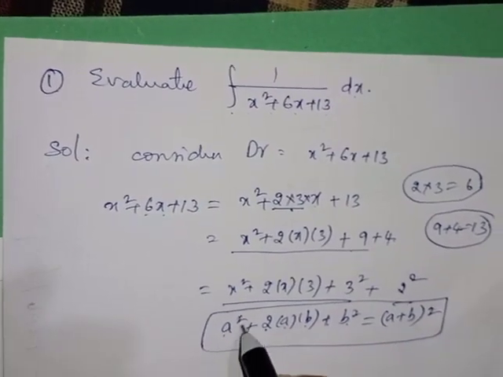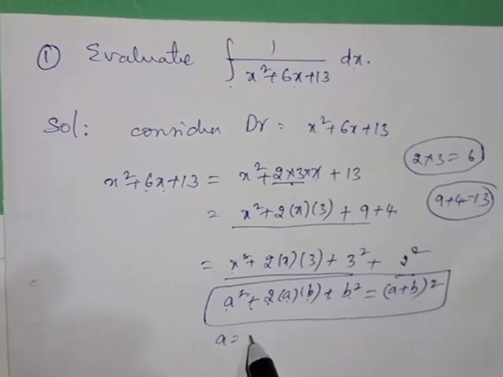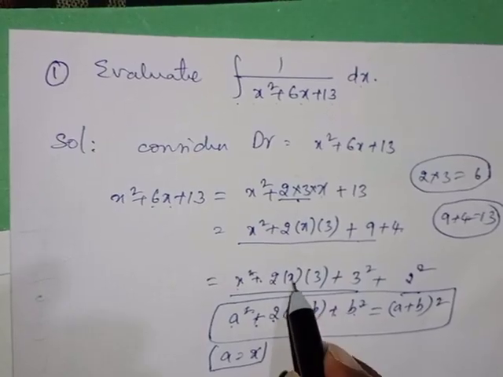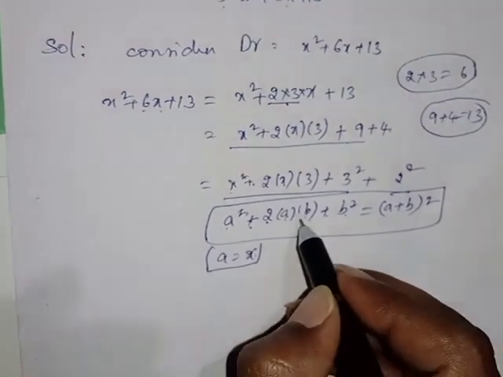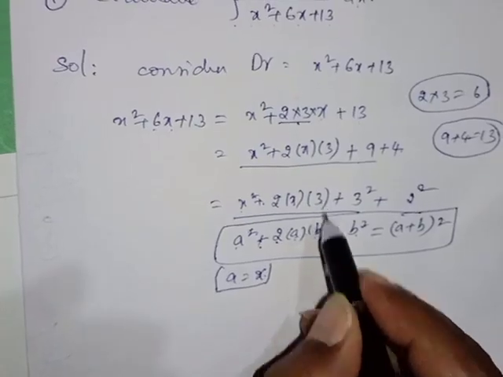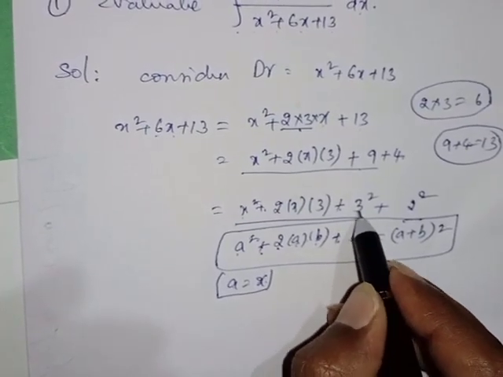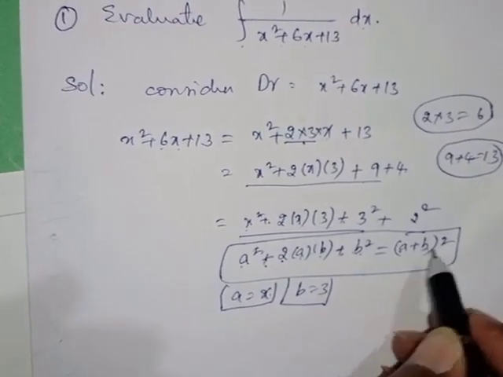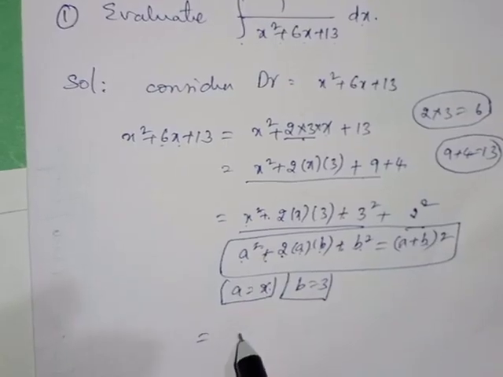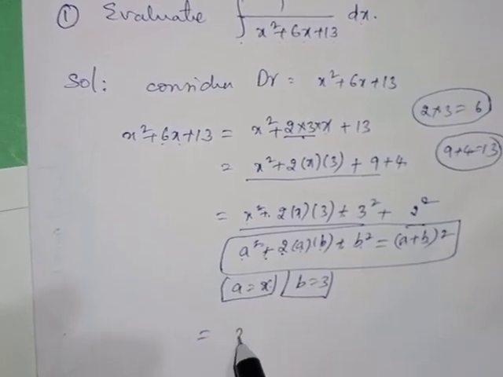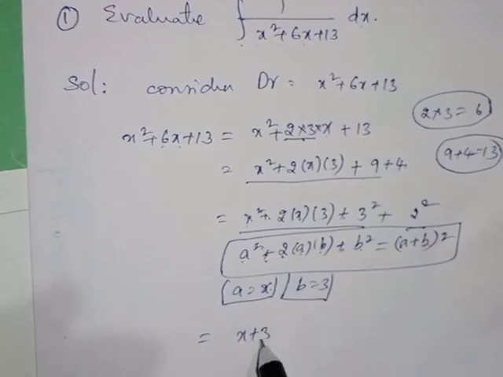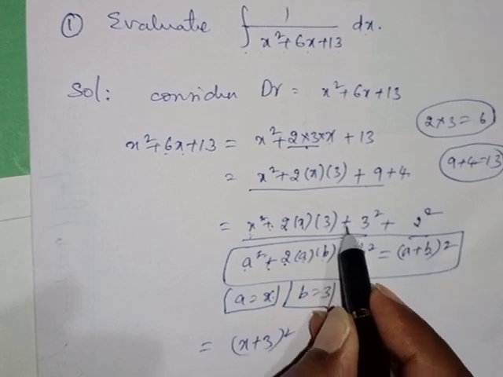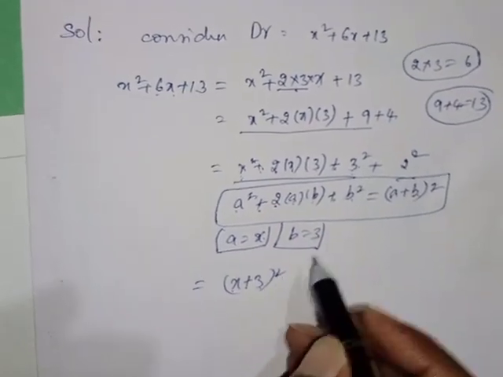If we compare these, a square here is x square, so a is equal to x. Next, plus 2 a b, here a is x and b is 3, and b square is 3 square, so b is equal to 3. Substitute in the formula a plus b whole square, where a is equal to x and b is equal to 3. Instead of x square plus 2x into 3 plus 3 square, we can write x plus 3 whole square and